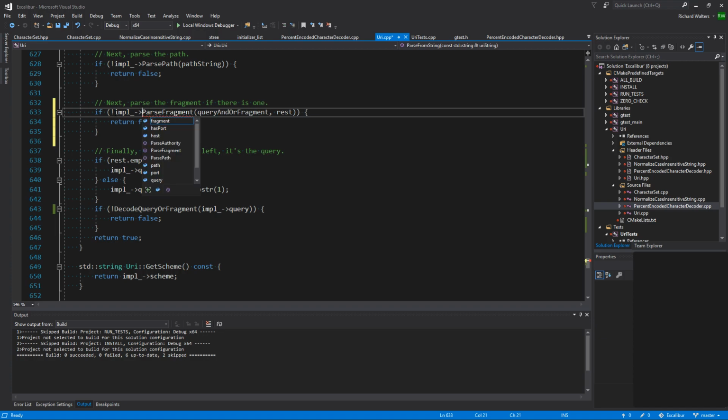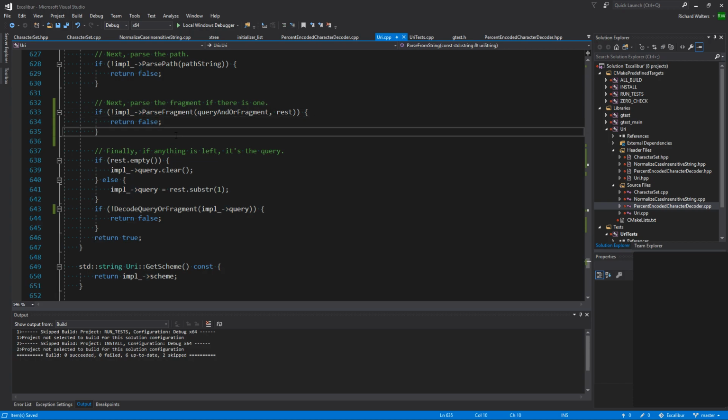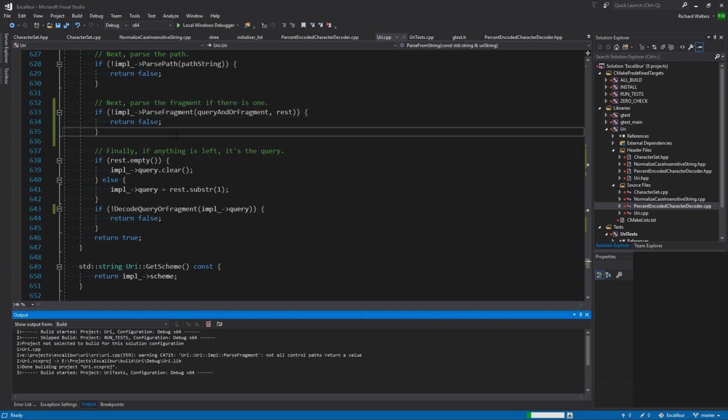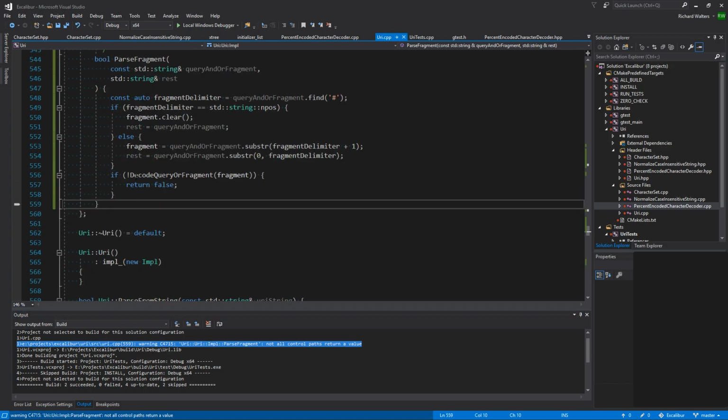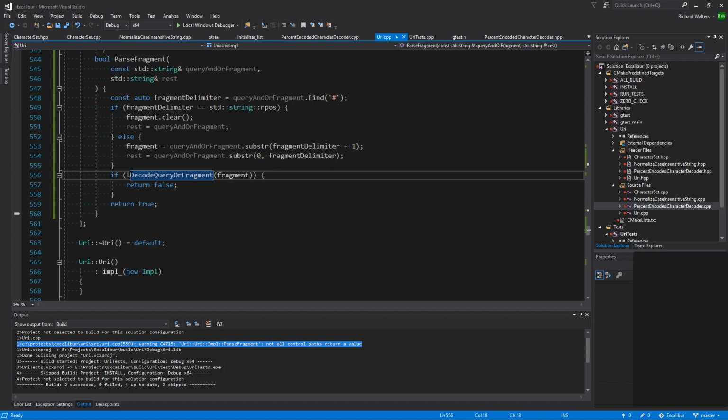Actually, does it need to be? Yeah, it does, because we have a side effect, which is restoring the fragment part in the implementation structure. Not all paths return value, right? I forgot my fall through. And actually, when I see that kind of thing, I can simplify it. I can simply say return that,